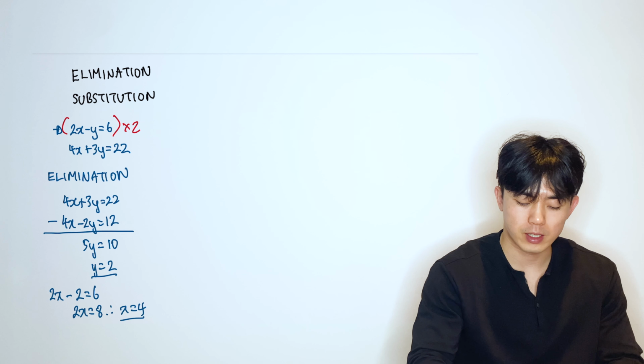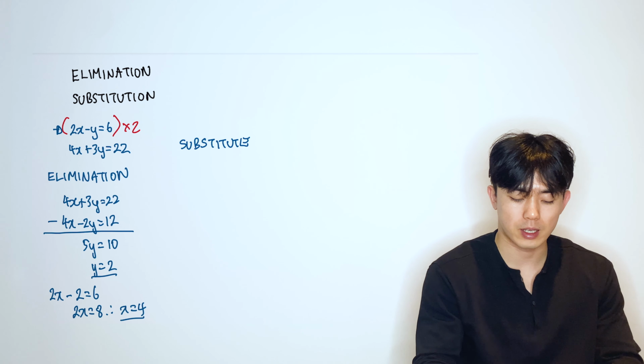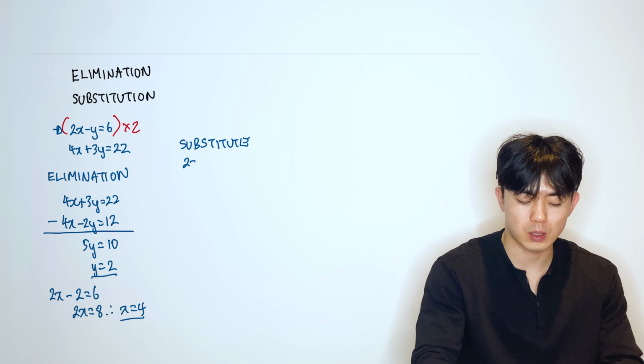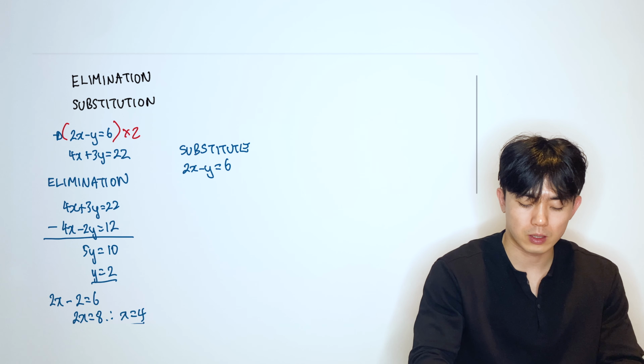The other method is the substitution method, and what we're going to do is just, as we say, substitute one letter into another. So starting off with the first one, 2x minus y is 6, I'm going to rearrange to make x the subject. So 2x is equal to 6 plus y, so x is 6